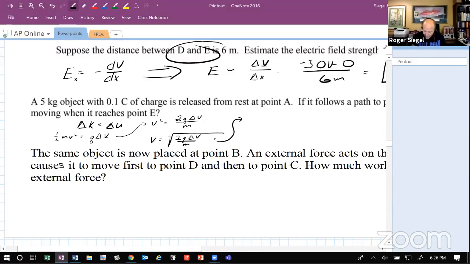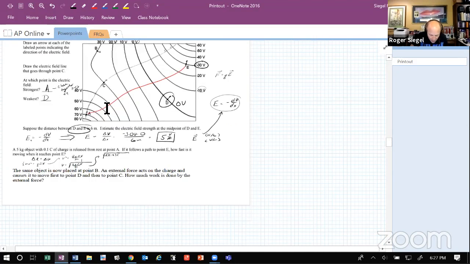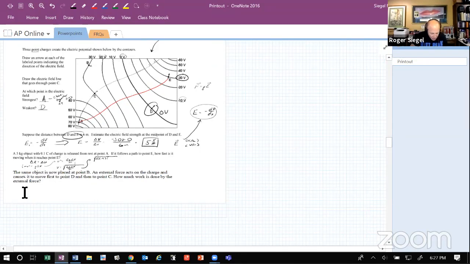So we can go ahead and fill that out, and we have the square root of 2. The charge is 0.1 coulombs. Okay, the change in voltage. That's the voltage, the big V, and I put the little line to tell me that's big V. And the change in voltage, so we need to go back to our picture here and take a look at it and see what we have. And so here we can see if we go from point A to point E, we're going from 70 volts to negative 30 volts. So the change in potential is going to be negative